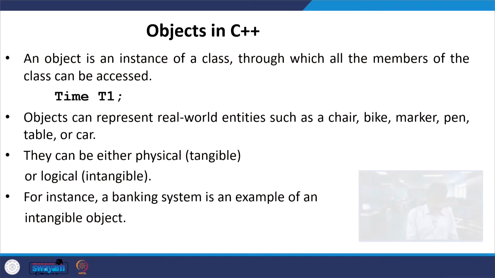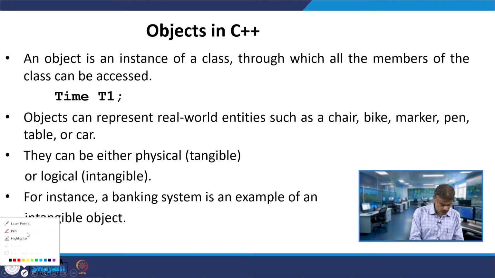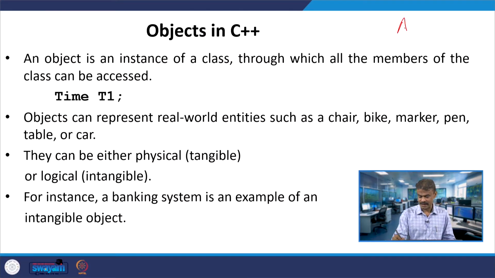I told you in the last class, when we have, let us say, class A, the small a is an object. So, let us assume small a is an object and capital A is a class. With this object, assume that in the main I can write a dot, let us say there is a factorial function, the factorial member function. Through this object, it can invoke whatever member functions it has.